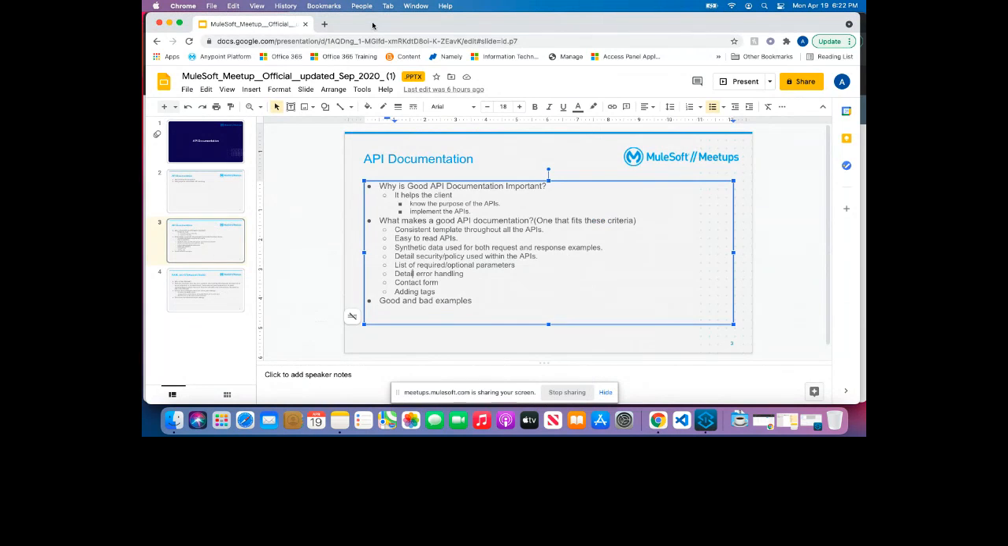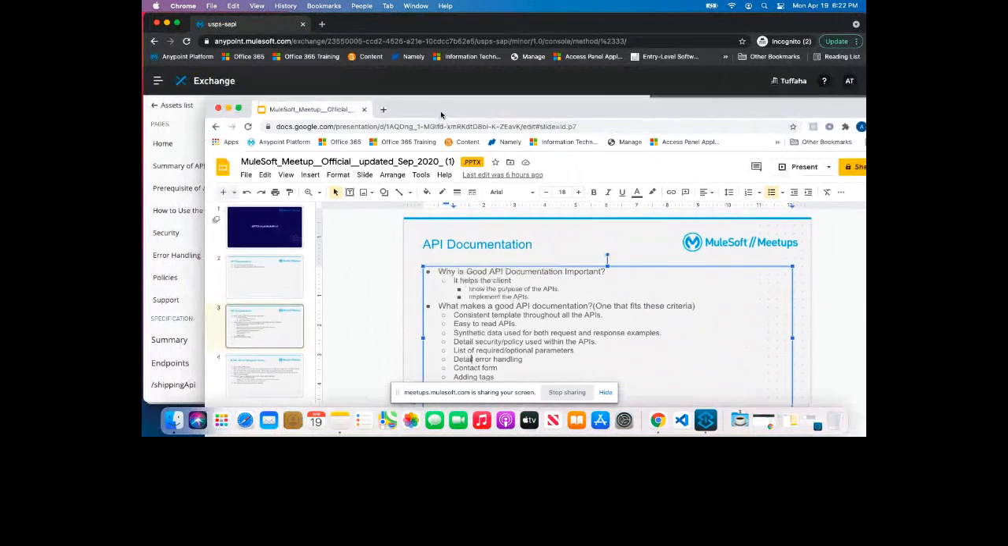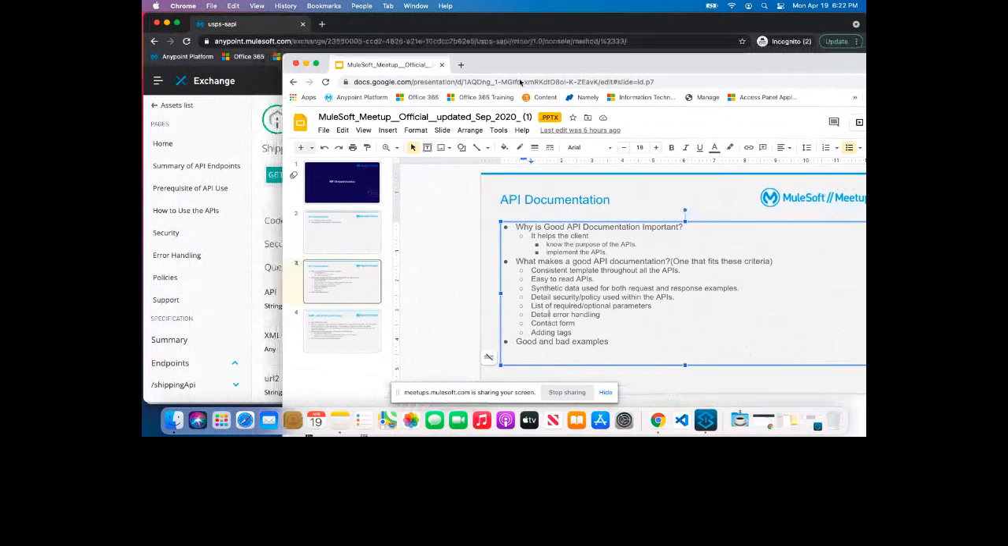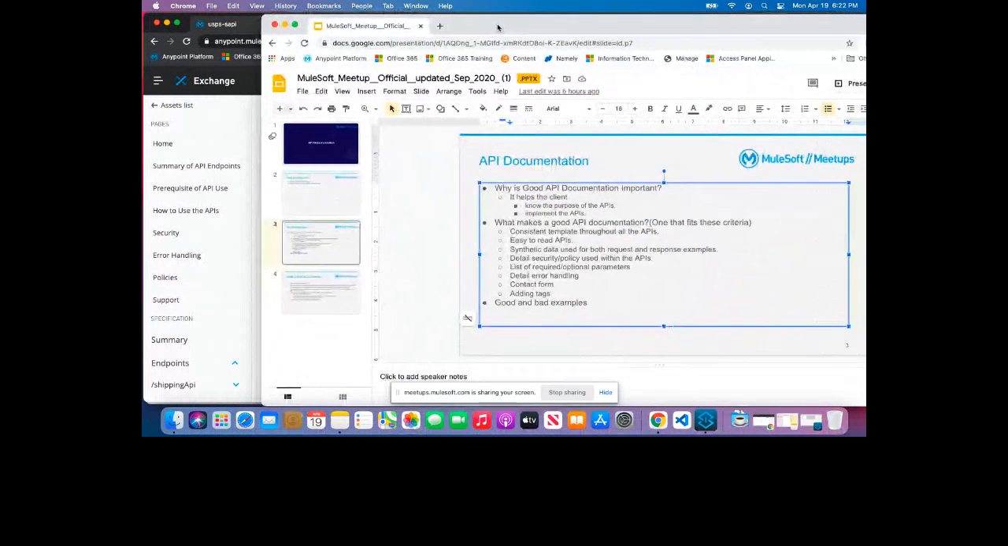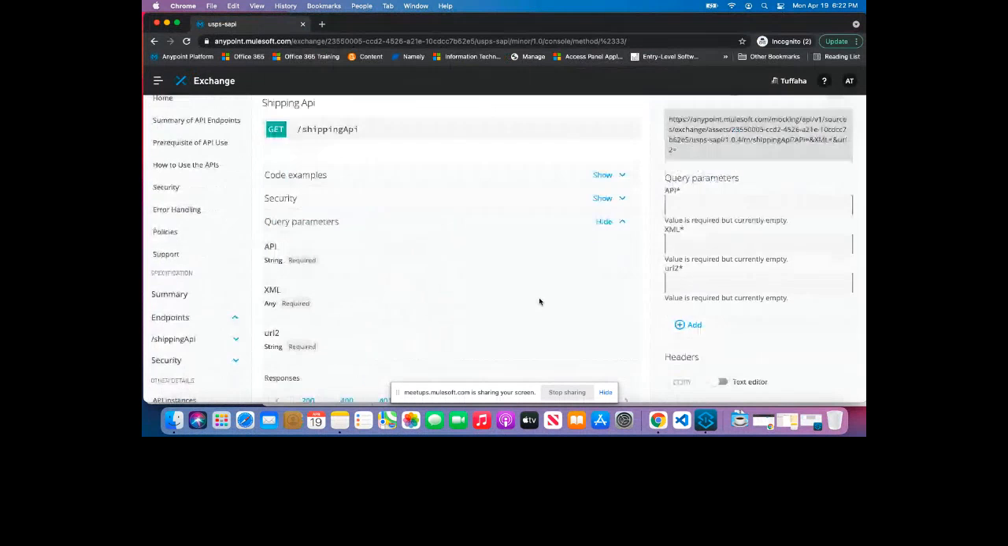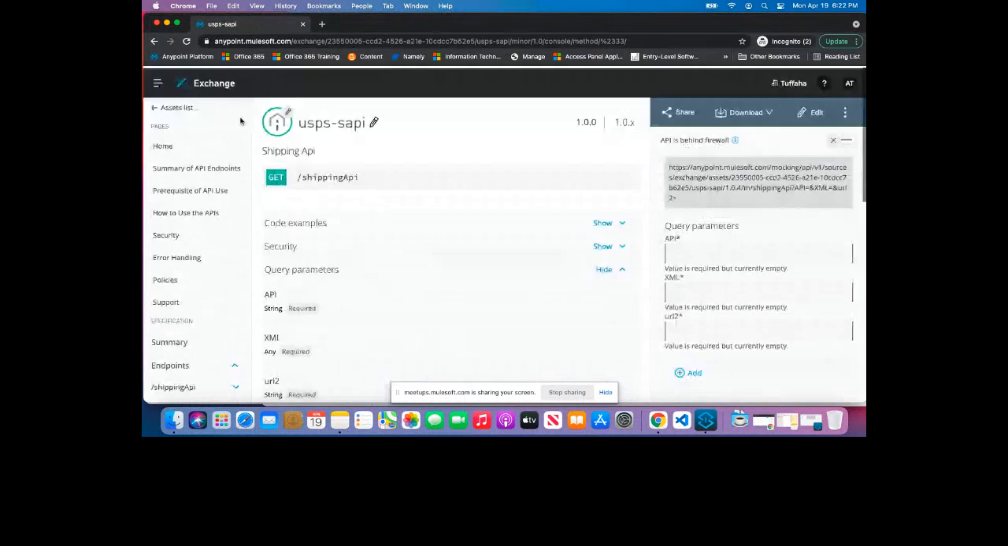So this is the first part of the presentation about API documentation. If anybody has any questions, oh, I forgot to mention, sorry, about tags. So please